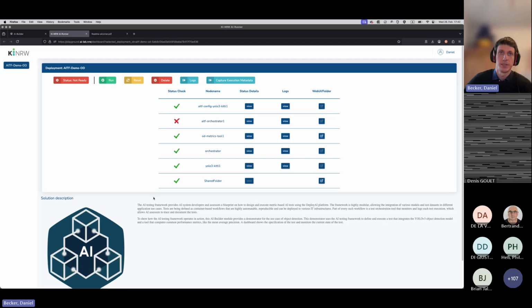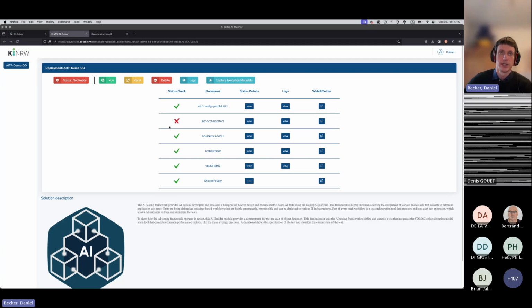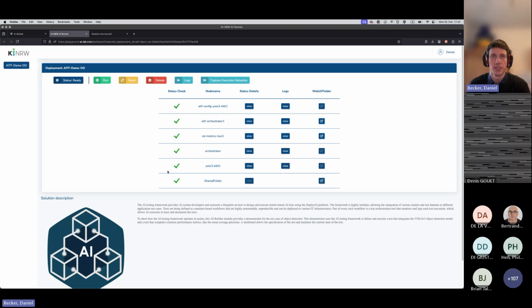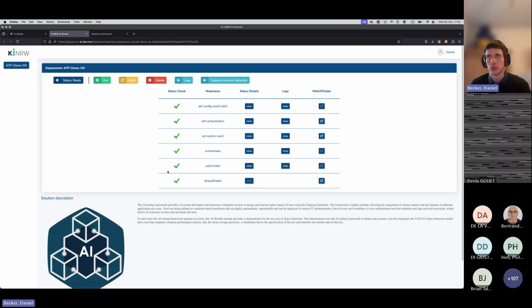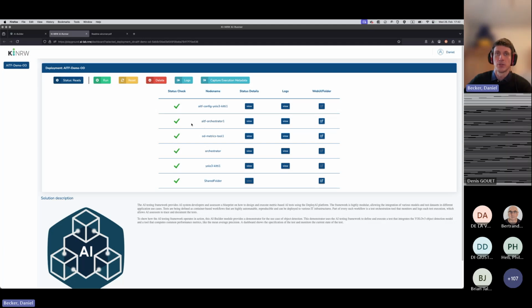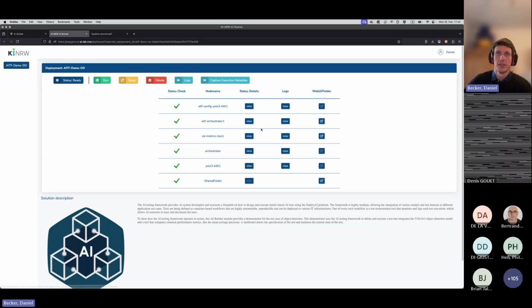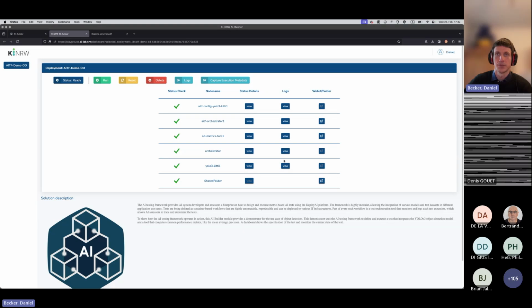And now what you see here is that the runner is deploying these containers on this platform instance, and hopefully everything runs. Let's see. Yes, now everything is green. It means all these containers have been created, and they form this kind of workflow. They are connected in a way that I could show you now on the design studio, but in the interest of time, we'll just show you how to use the orchestrator now to run these tests and look at the results. Basically, all these containers, you can look at the details of how they have been started up, and the logs if something went wrong, or if nothing went wrong. Either way, you can look at them.